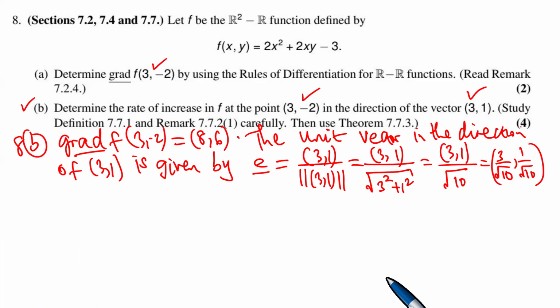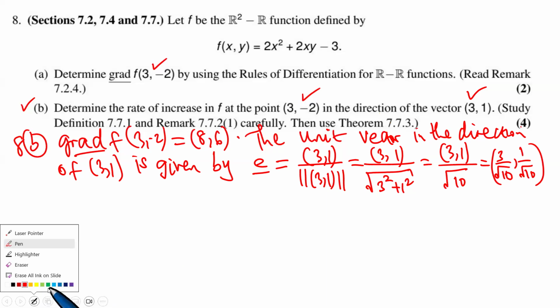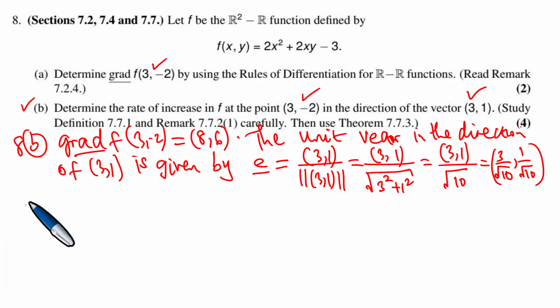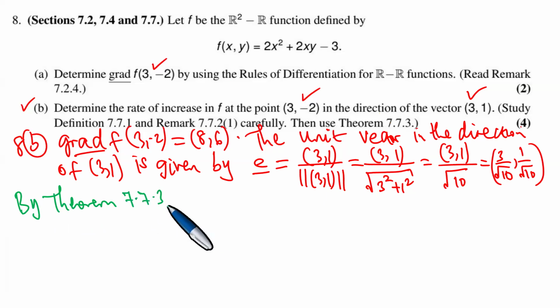So we have just found a unit vector in the direction of 3, 1. But now there's the theorem I want to mention. By theorem 7.3, the rate of increase